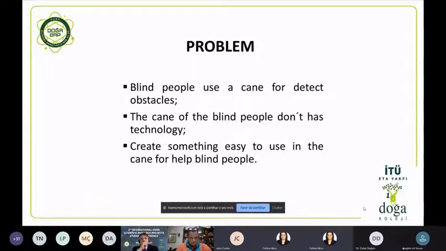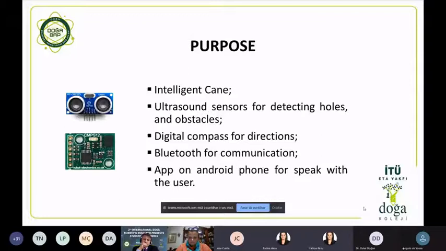viable product to create is very not expensive and easy, because expensive things and not easy to use, the people will not use in the real life. And for this, for complete these two things, we try to create the intelligent can using 3 ultra sensors who will detect one will detect the object in the left, one will detect the object in the right, and one will detect the holes in the